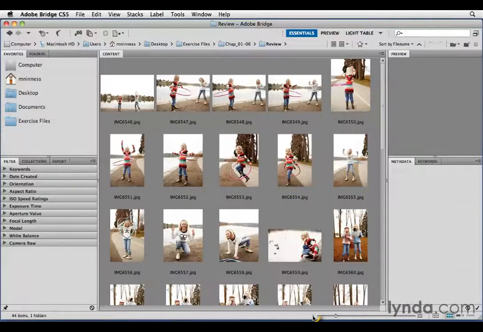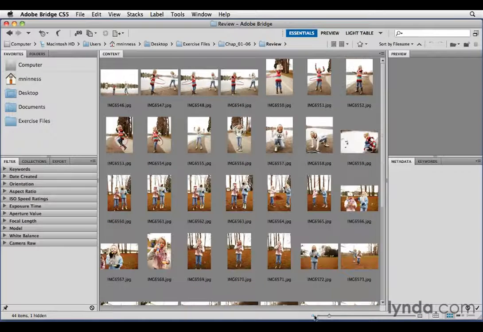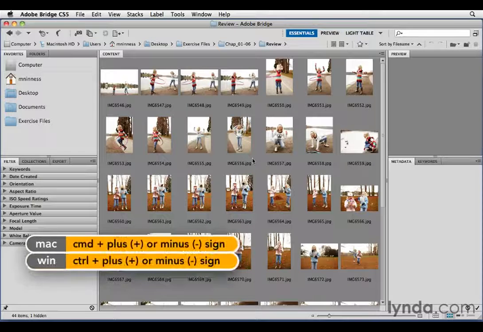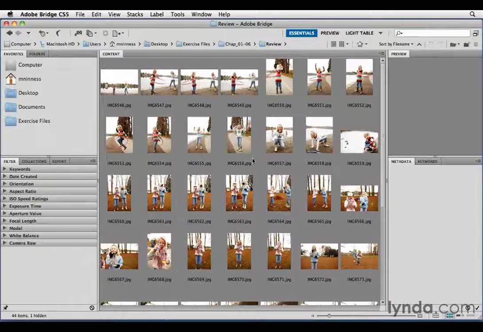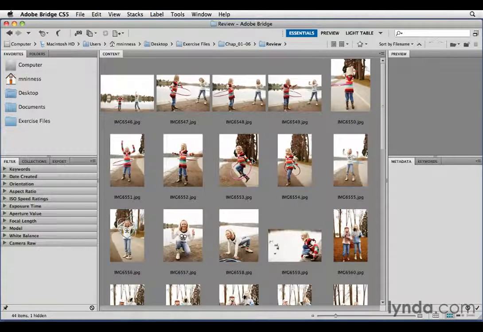You can also click on either end of the slider, these buttons here, so the bigger button or the smaller button. I find using the keyboard is sometimes quicker, and this actually happens to have an intuitive keyboard shortcut, Command plus and minus, or Control plus and minus on Windows, similar to zooming in and out. In this case, it's going to zoom in on the thumbnail, so to speak. So Command plus to go up, Command minus to go down, and very quick, easy way to change the size